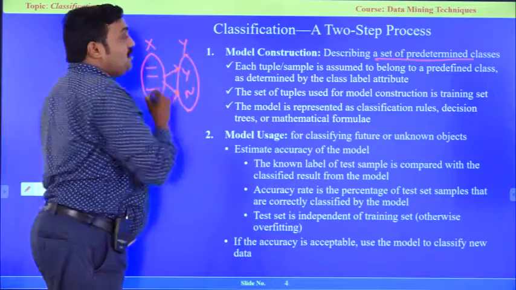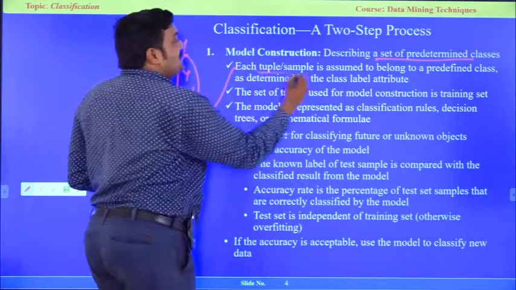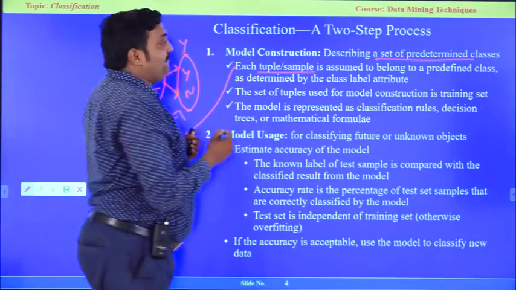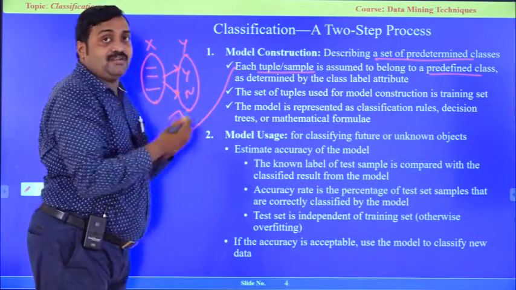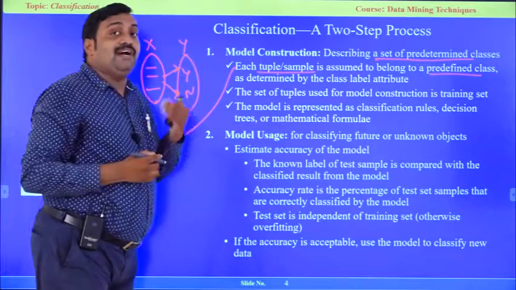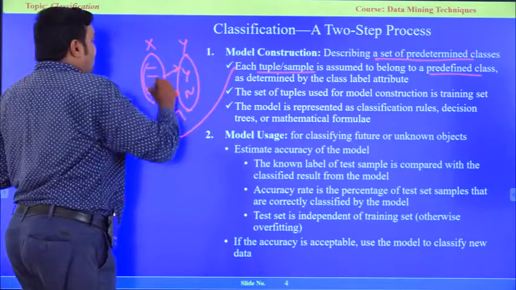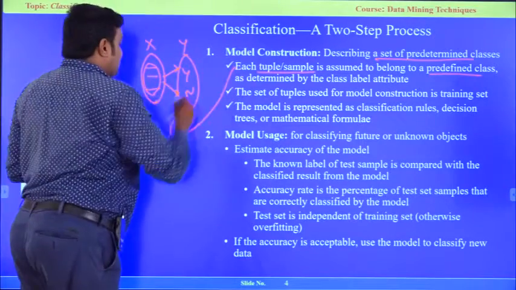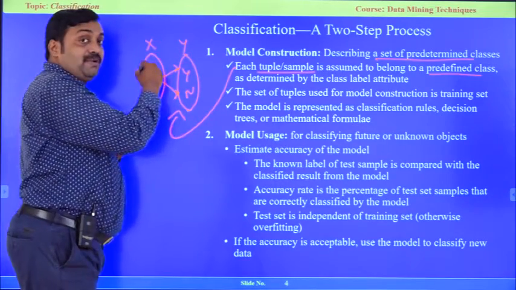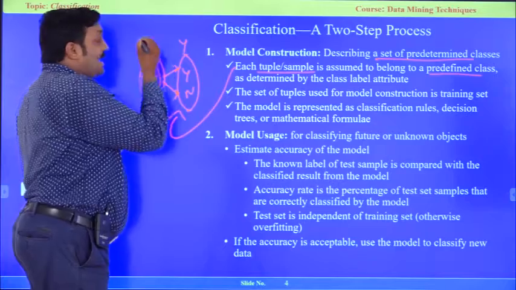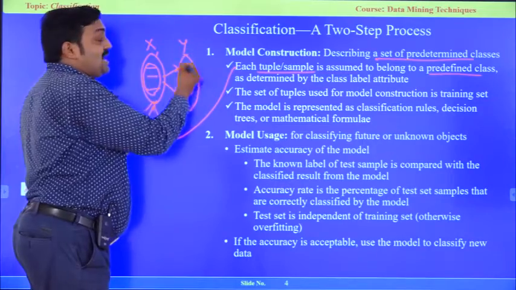Now, whenever a new record is received, whenever a new tuple is received that belongs to a predefined class, that means it may be the yes class or the no class as in our example, we are going to give the class name for the record based on these attributes. A new record came here and those attributes belong to the x independent variables. They are saved in x, and based on those properties we are going to give the class name, whether yes or no. Okay.